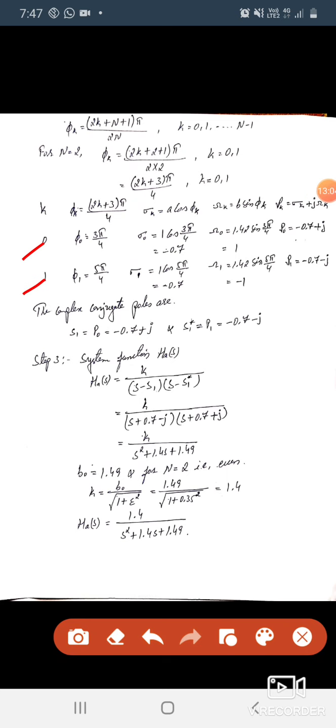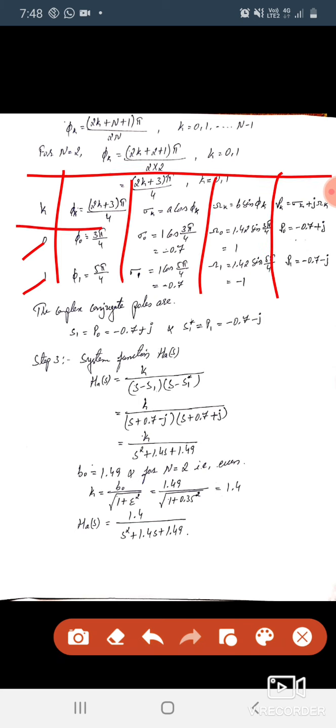Here instead of going for individual way, we take a tabular column. You can put a tabular column here and calculate that way, or else previously how we did, you can choose which one is convenient for you. Find P0 and P1, then both are complex conjugates, you can take S1, S1 star. Just by observing the values you get, you can write this. How many poles are there? Based on that I can write the system function S minus S1, S minus S1 star. Okay, then solve for this. Again solve, you will be getting this equation.